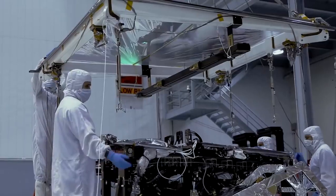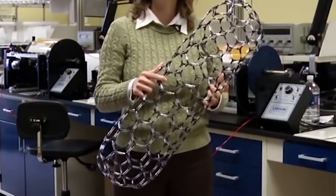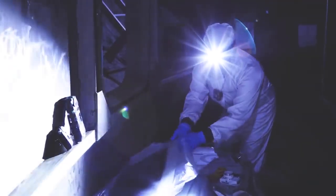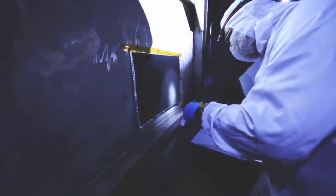We will explore these problems and potential solutions in future videos. One on how carbon nanotubes are made, why they are so strong, and what needs to happen to take them from the laboratory to regular life. And then we will revisit this subject with a design investigation for an actual space elevator using this new theoretical